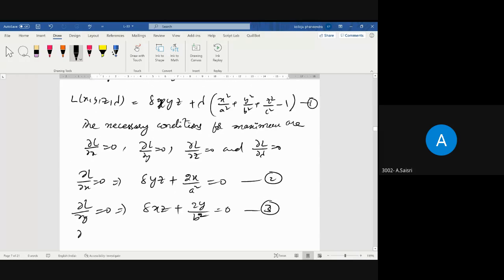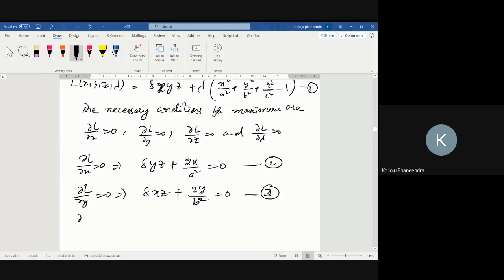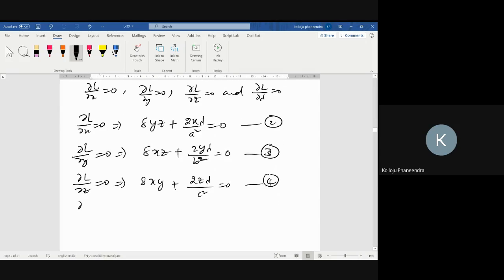2y into lambda by b square, no sir. Dou L by dou x, lambda will be there, compulsory. Lambda. Right. Dou L by dou z equal to 0 implies dou L by dou z equal to 0 implies 8xy plus 2z lambda by c square equal to 0. Equation 4. And last one, dou L by dou lambda equal to 0 is nothing but the condition, that is